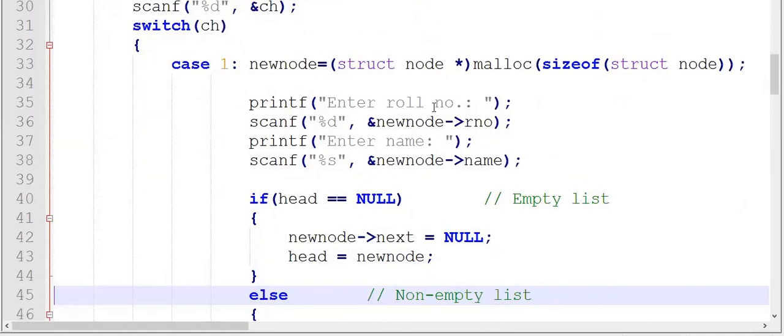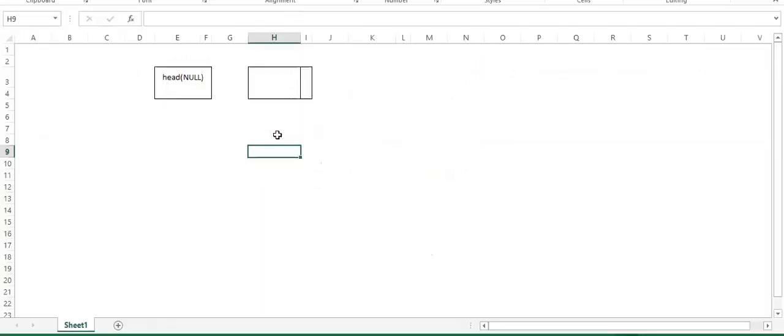Now let us have a look at this. So assume that this is the new node that we have created. Then we have asked the user to enter the roll number, and you can see in the scanf statement there, new node roll number.